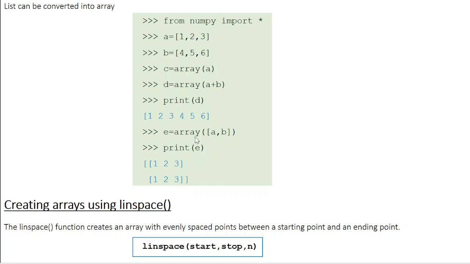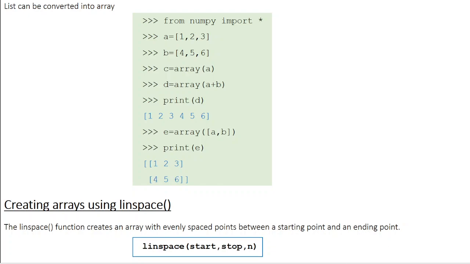Similarly, when I say E equal to array A comma B, this is going to create a two-dimensional array where the first row is the elements from list A and the second row is the elements from list B. So this is how array E is going to look. Sorry for the typo. The first row is 1, 2, 3, and the second row is 4, 5, 6.